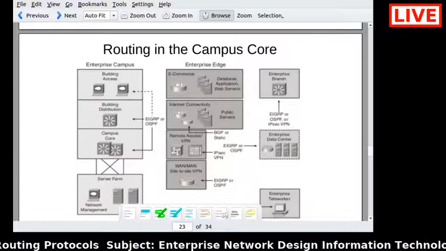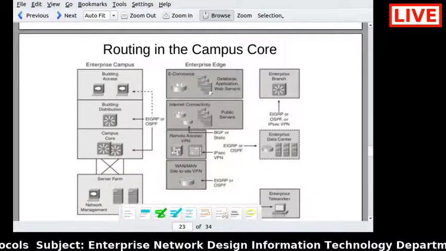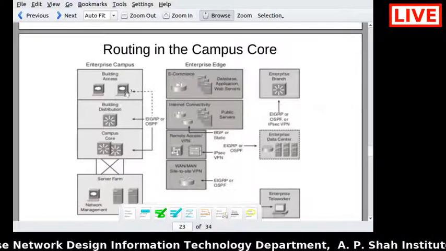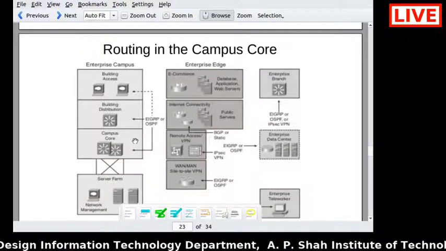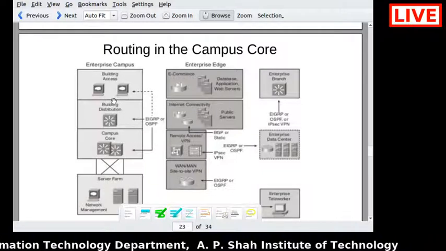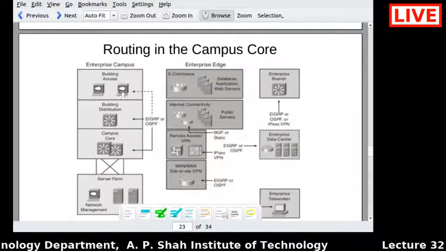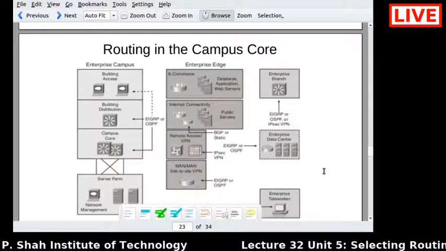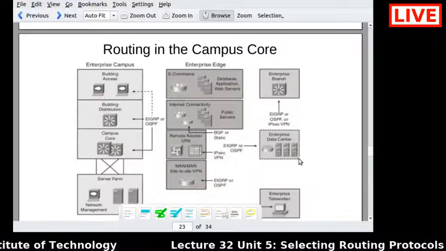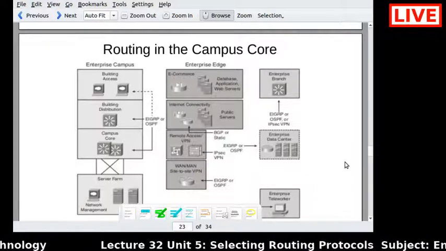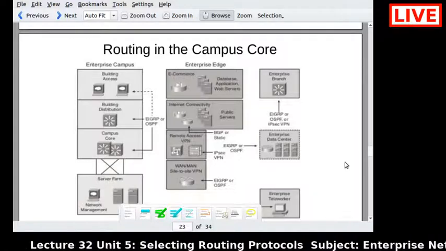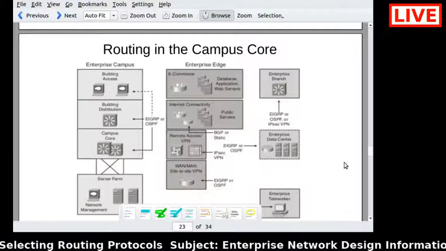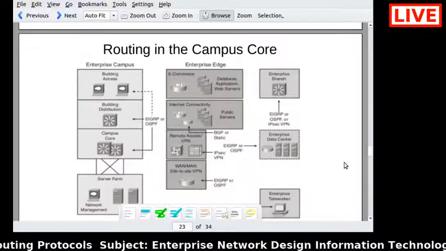If you look at the enterprise campus network, for the building access, distribution, and core layers, which is nothing but the hierarchical design, there you can use EIGRP or you can use OSPF as well. And if you are concerned with the enterprise edge design,